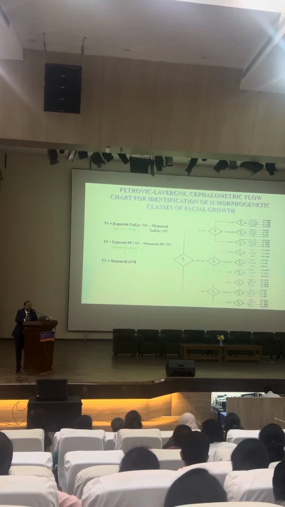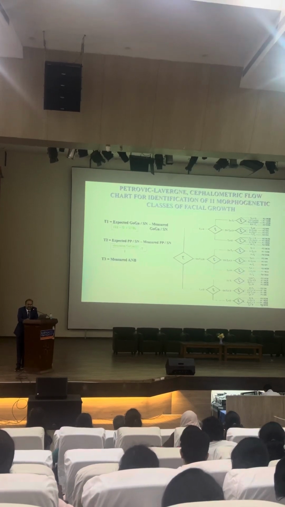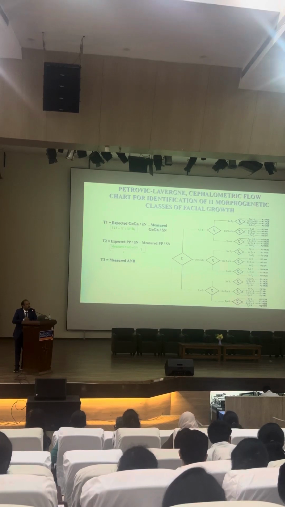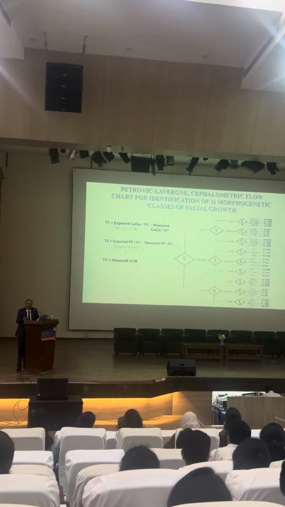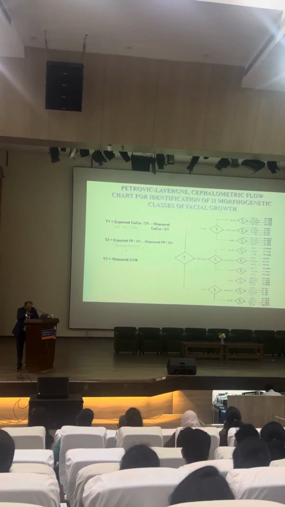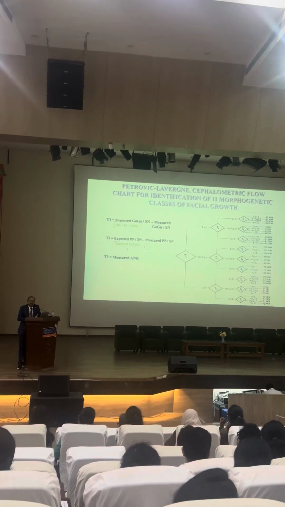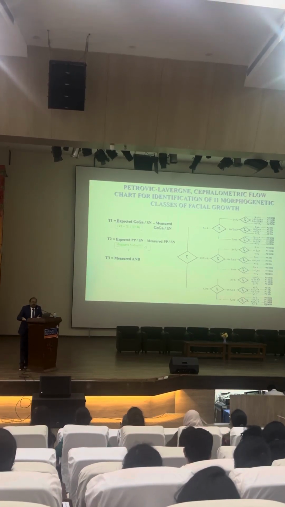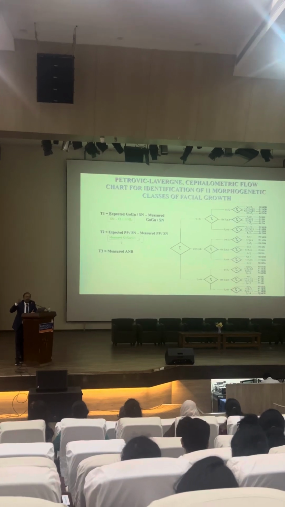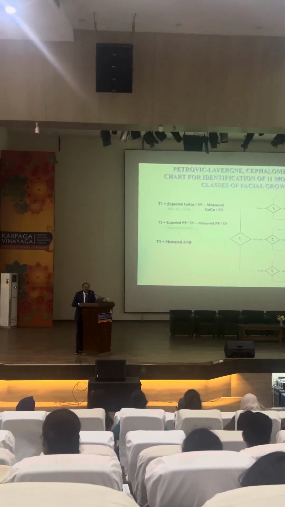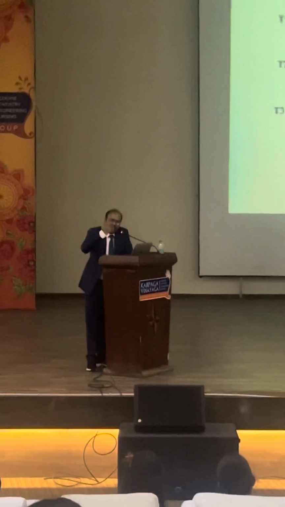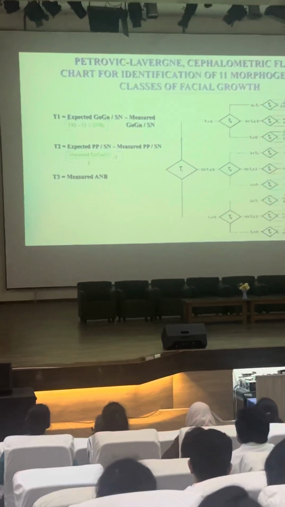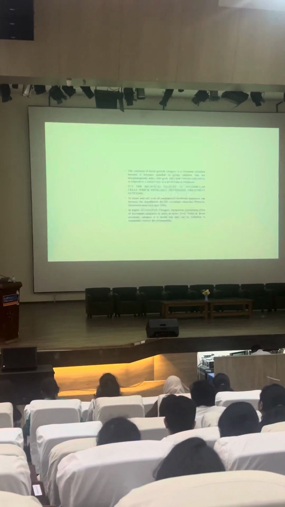So one more exercise you can add in your cephalometric analysis and you can find the auxological category of your patient and you can select your patient. From the beginning itself you can select that in this patient this functional appliance is not going to work, so there is no point of doing the treatment. You can keep that patient for orthodontic treatment with surgery or the camouflage. There is no point of unnecessarily wasting time doing the functional appliance and after that doing the camouflage or anything. So this is one more analysis you can add and do the auxological categorization.